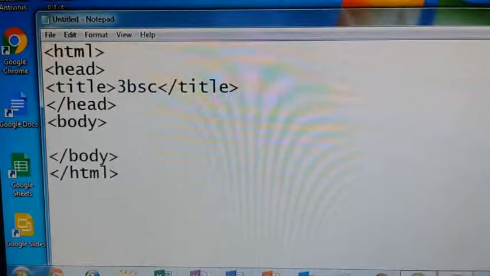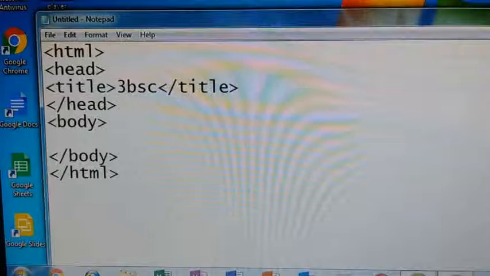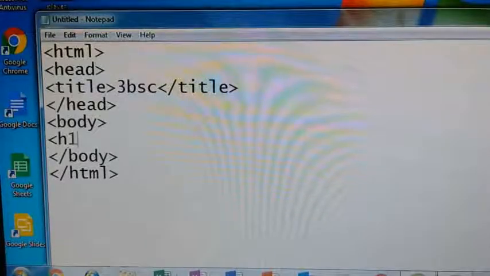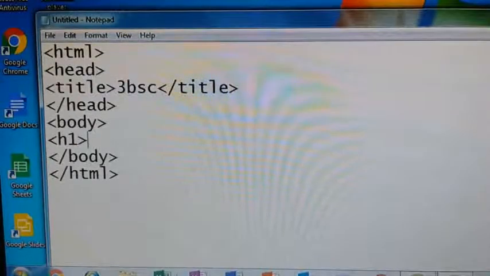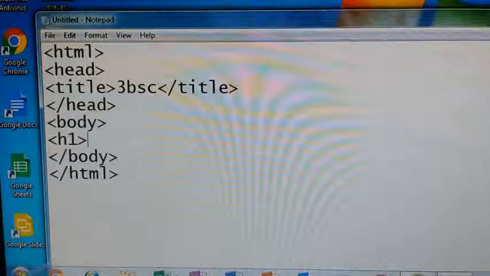So in the body tag, first I am writing one heading. H1 is a heading level; H is for heading, and 1 is for the level. Like this, we have 6 levels. H1 is for a large font, and H2 is a little bit smaller compared to H1. Like that, we have 6 heading levels based on the number. If it is a 1, you will get a big font. If it is a 2, compared to H1, you will get a little smaller. Like that, H6 is for a small font.